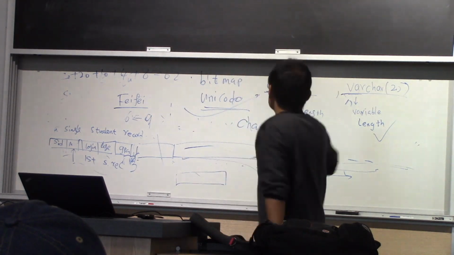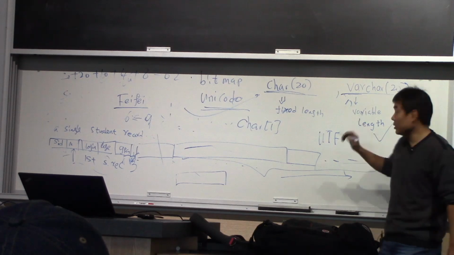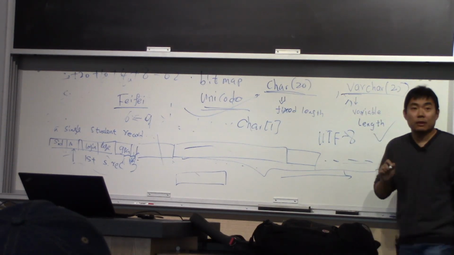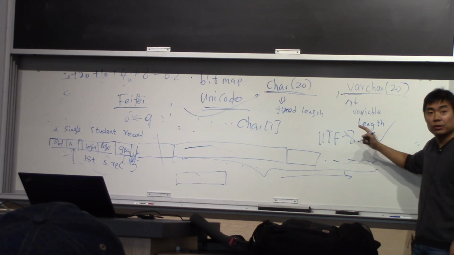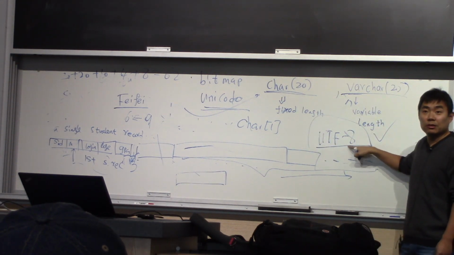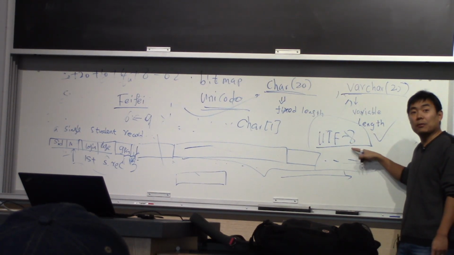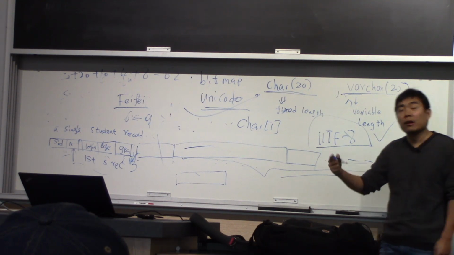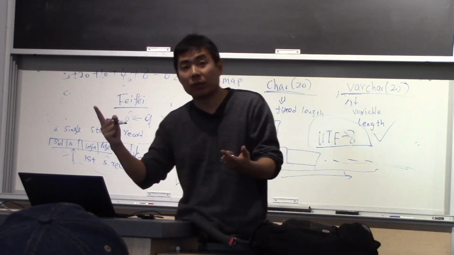For example, most database systems use UTF-8 as their default coding system. Does that make sense to you? And you can change this when you set up your database management system. You can change this default coding system when you set up your database system. And even if you set up your database system using UTF-8, later on you can switch to a different coding